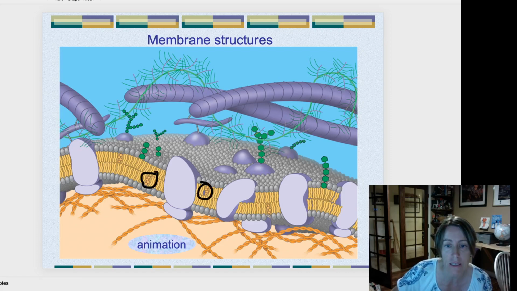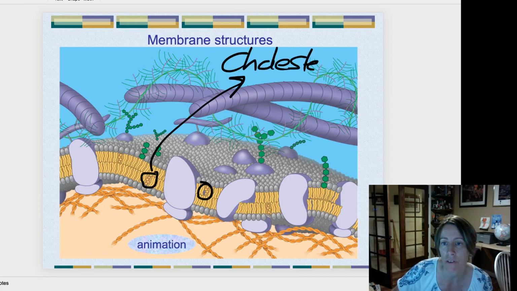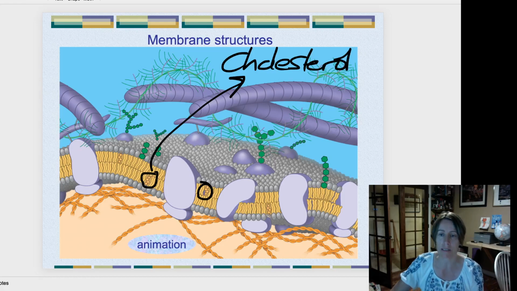This is cholesterol. So it's the molecule that we met in unit number 1, the steroid, the type of molecule we call a lipid because it's hydrophobic, it has no charges, and it doesn't like water. And so you can see, it would make sense that it wouldn't like water and that it would be quite